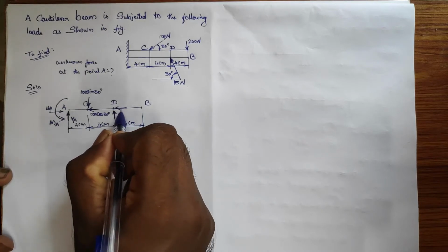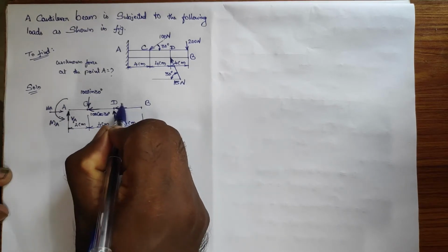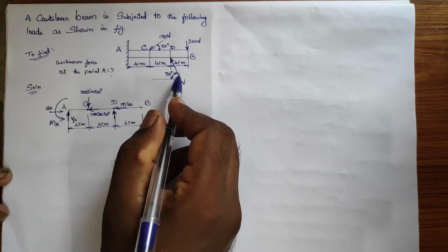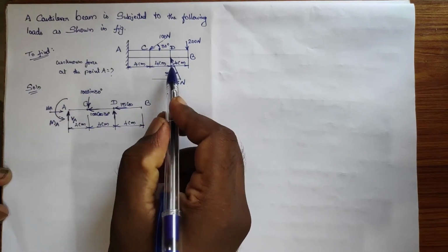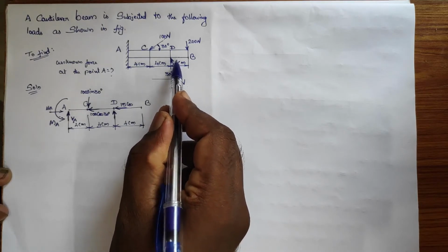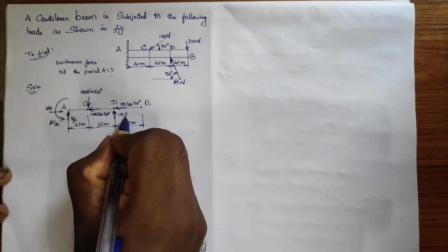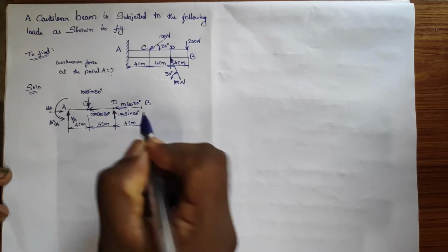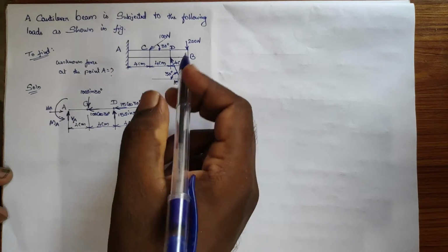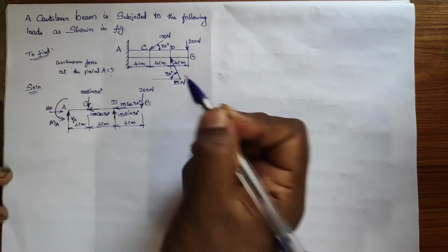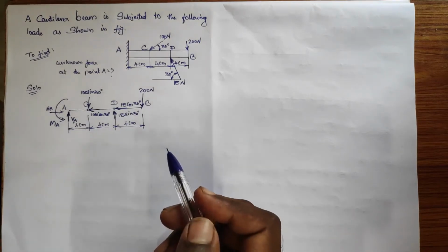Now designate the force for horizontal: 15 cos 30 degree. With respect to the horizontal, the inclination is 30, so this angle will be 30 degree, since parallel angles are the same. And here 15 sin 30 degree for the vertical one. When you come to the B point, there is a vertical force, so we can take it as it is: a vertical force of 200 Newton. Keep all the forces in mind.